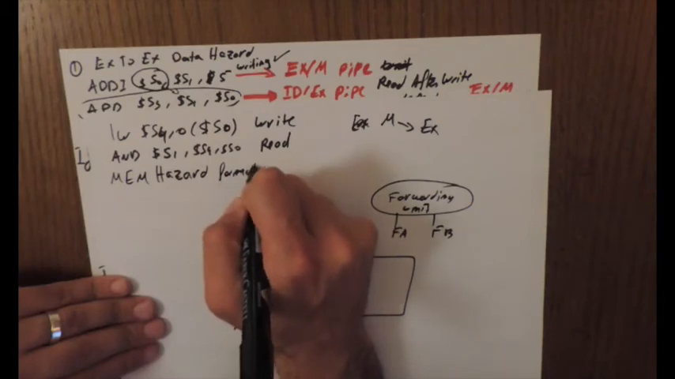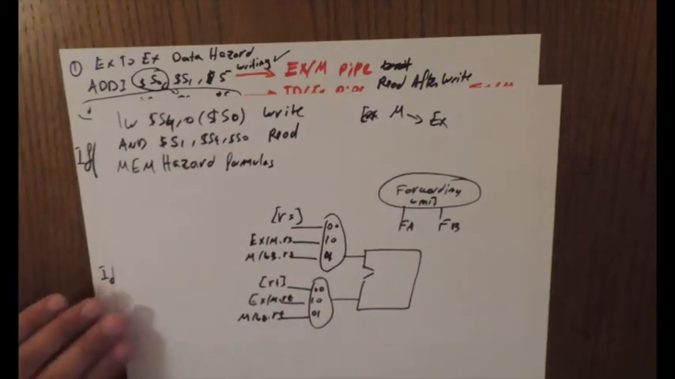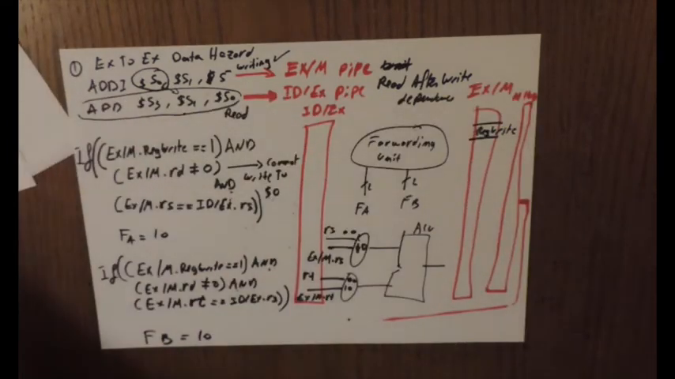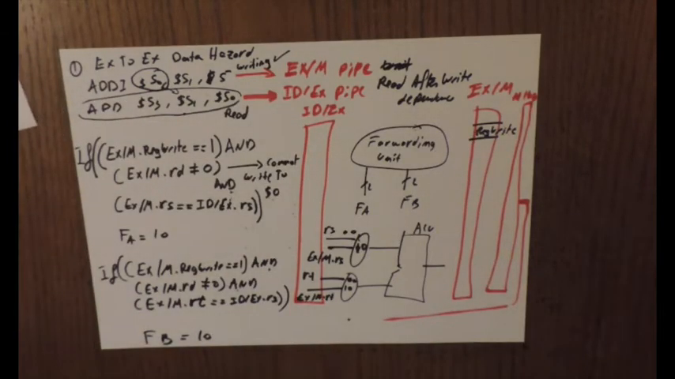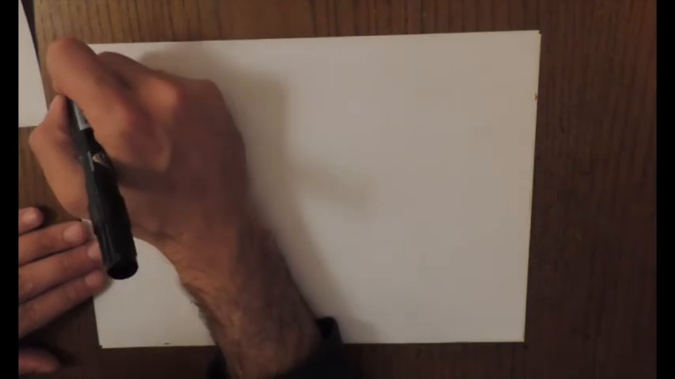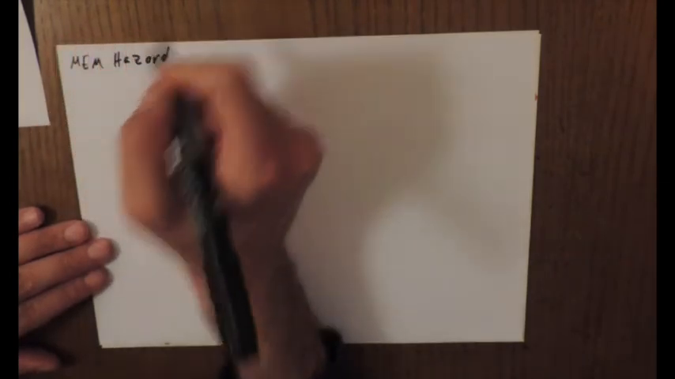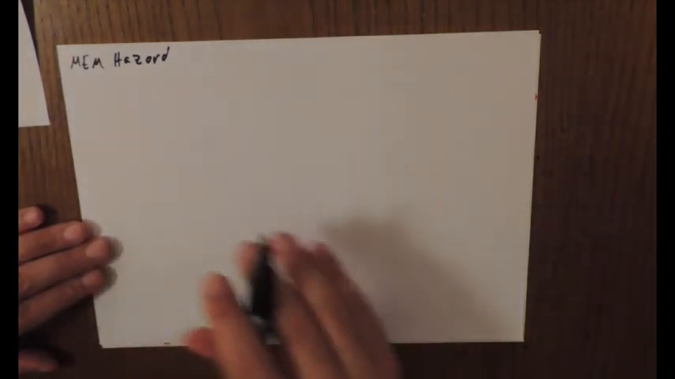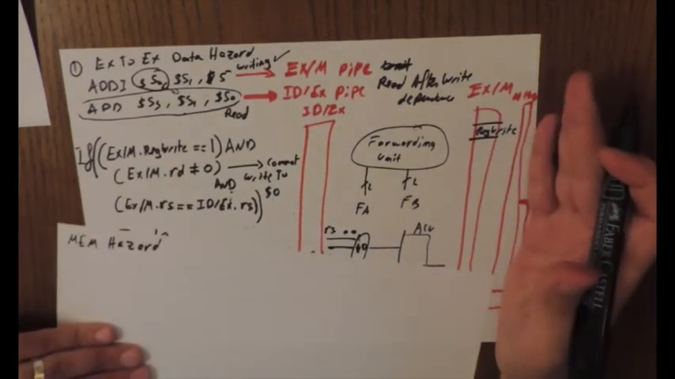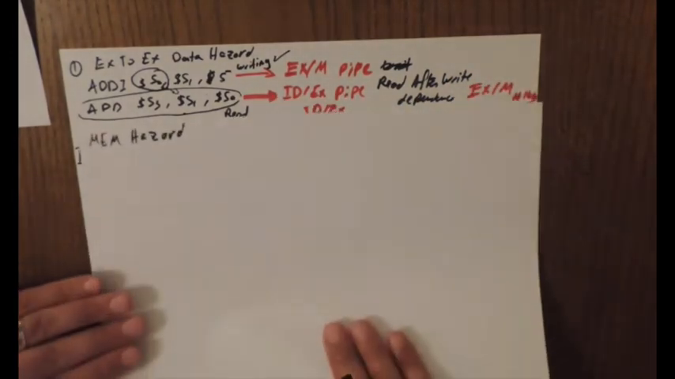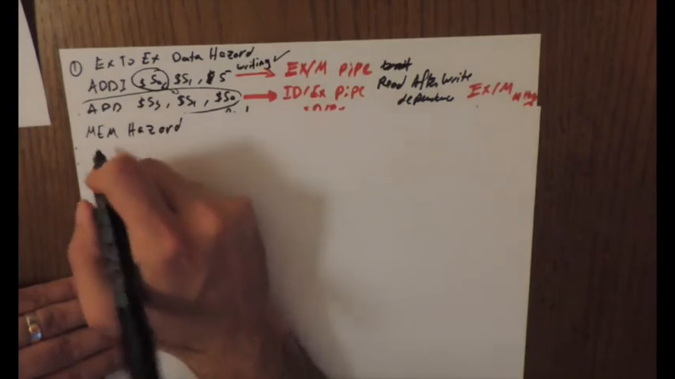formulas. Now with the memory hazard formulas, I'm going to write them on a new page. So we have memory hazard. Of course, I'm going to start the same. I'm going to say, okay, the dependency now should be with the memory and the ID, not the EX and the ID. So we say if,